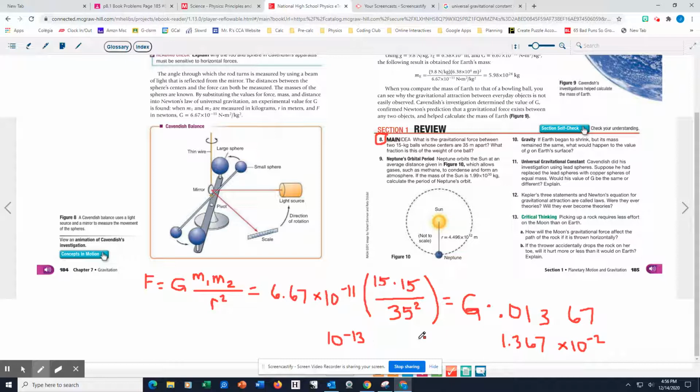And then we're going to have to go 6.67 times 1.367. And that's going to give us 9.12. 9.12 times 10 to the negative 13th newtons